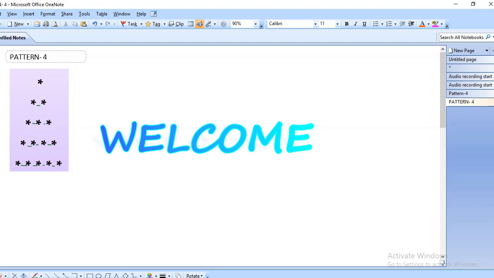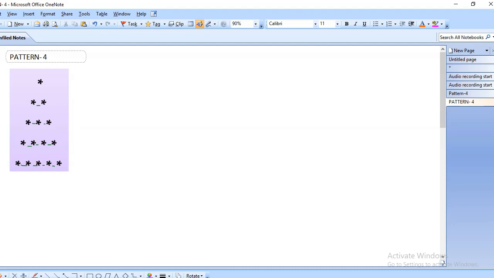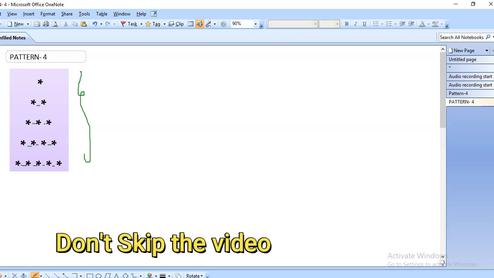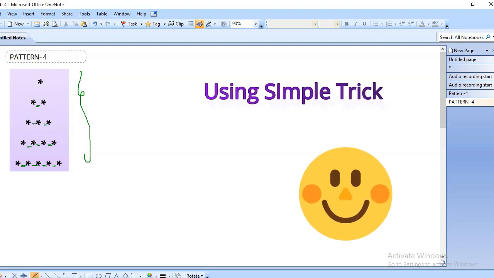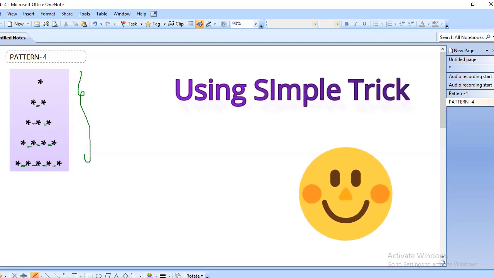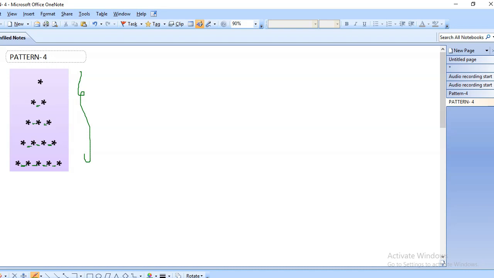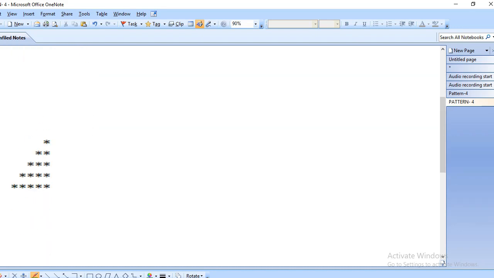Today in this video we are going to print this pattern. If you observe this pattern, between each and every star we have some spaces. Right? So if we are thinking this is very difficult to print, after I tell you my trick it will be easy. You will print this pattern within 2 minutes. Okay, how? Before that, we are going to understand this pattern.